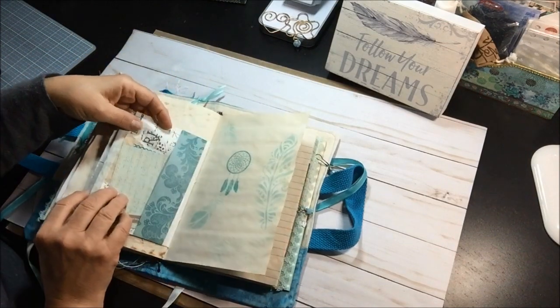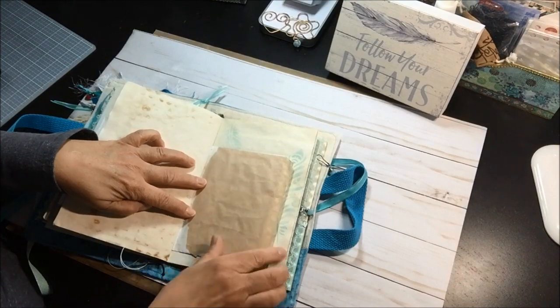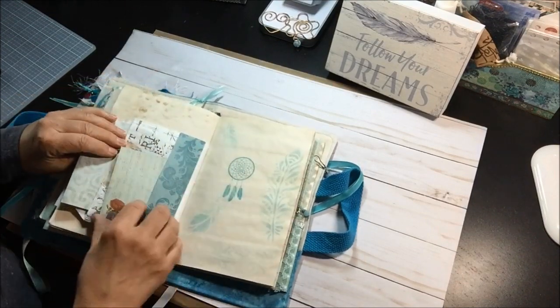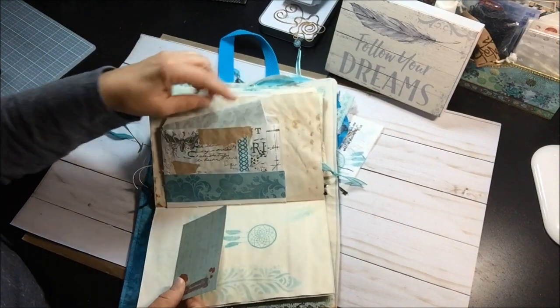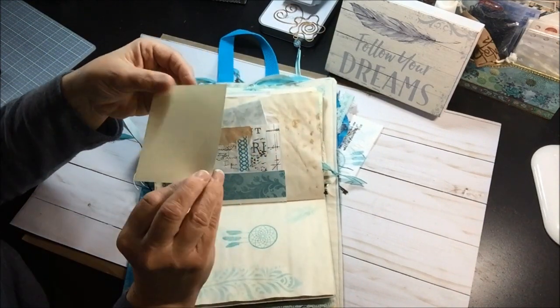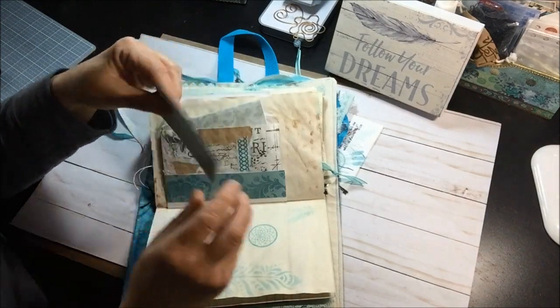This is the other half of that bag that I was looking for. And I covered the back with paper so I could write on it. And then I made a tuck spot in the front, and my paper is moving all over the place. I have collaged it, and this is another one of those little cards that comes in the paper pack that I like. That's like a